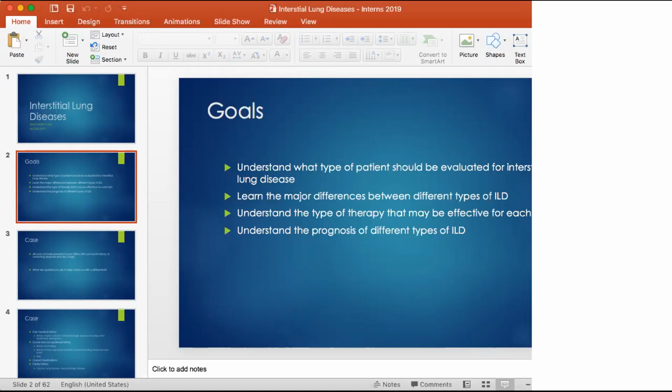I'm Dr. Sadicott. I'm one of the pulmonary critical care guys. This is a topic that most people don't really get, interstitial lung disease. I'm going to give you some relatively basic ideas about how you should be thinking about these people. We're going to do a little bit of an overview so you can figure out what all these things are: IPF, NSIP, sarcoidosis, hypersensitivity pneumonitis. It all sounds like weird names, and why do I need to know this stuff?